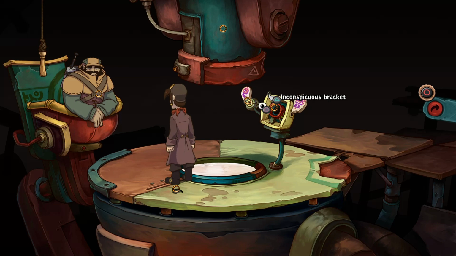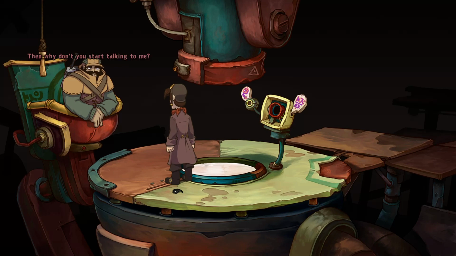So there's the inconspicuous bracket. There's Bozo. There's Yin. There's Junk Press. And there's the button. Wait, what? You've forgotten everything, right? No, I haven't. Then why don't you start talking to me? Two buttons. And? Are you paying close attention? I sure am. I should hope so. Otherwise, you'll never understand how